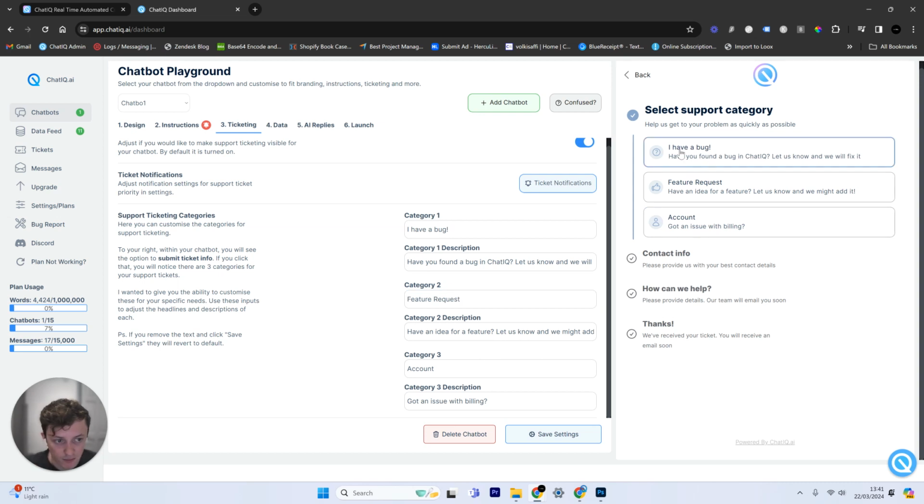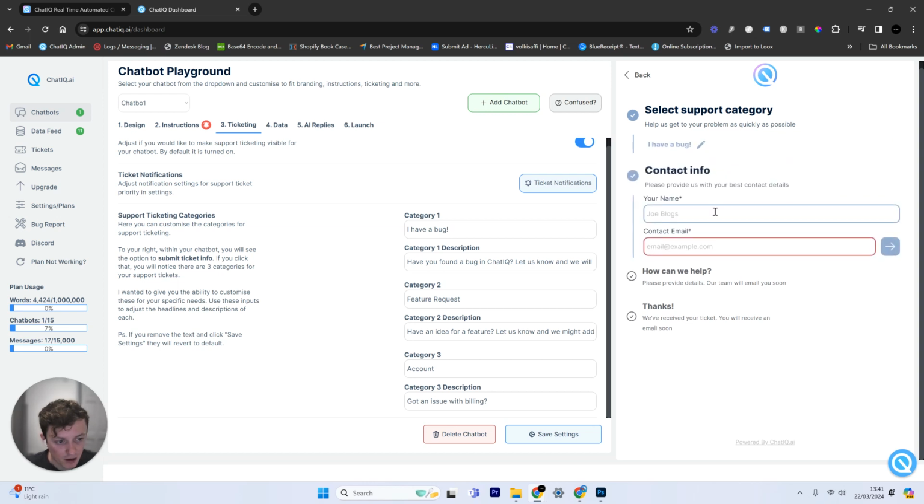So now what's going to happen is if somebody submits a support ticket, we'll just do an example here. So I have a bug. We're going to put in the details. So I always recommend you just test this out. And obviously, guys, if you have any issues with ChatIQ, you can always use the support chatbot down here and submit a ticket. Ticketing is currently turned off, but I will turn it on for you guys. But if you go in here, we'll just put a test email in,